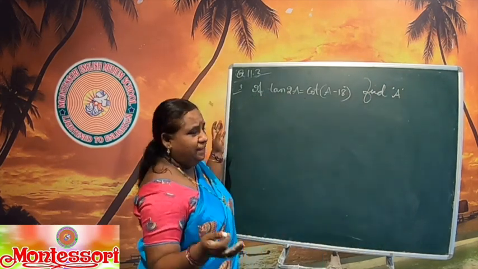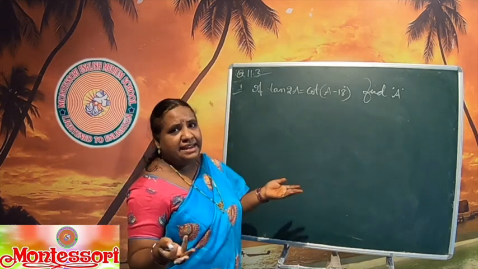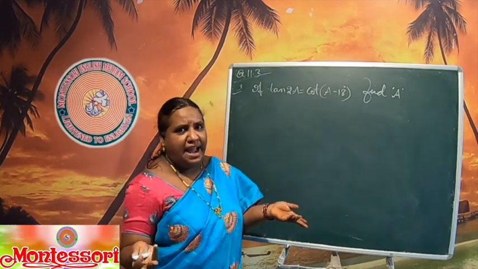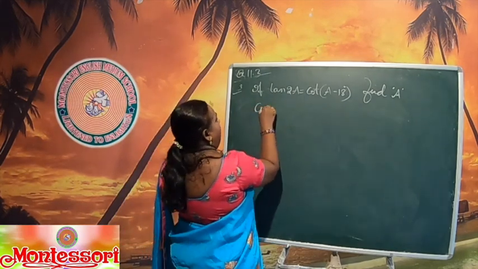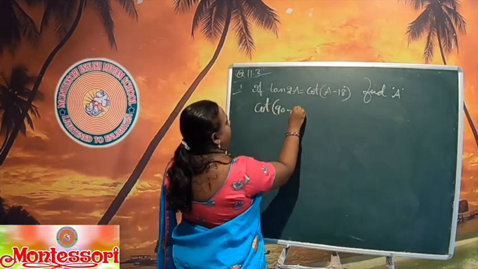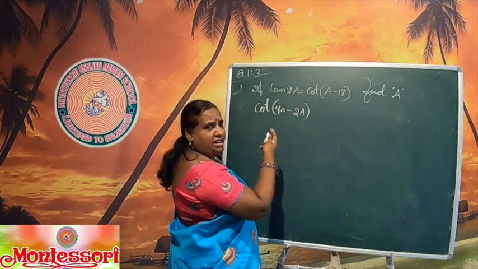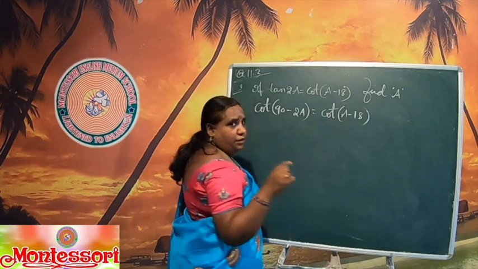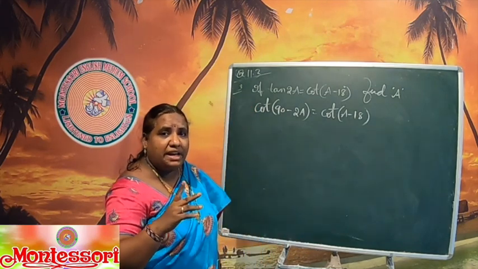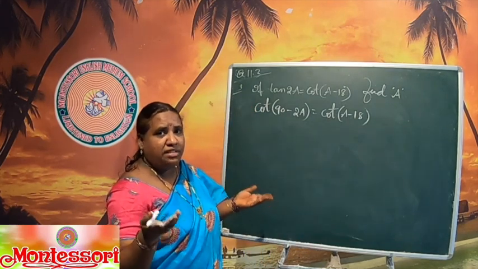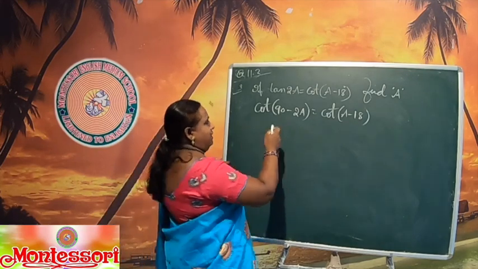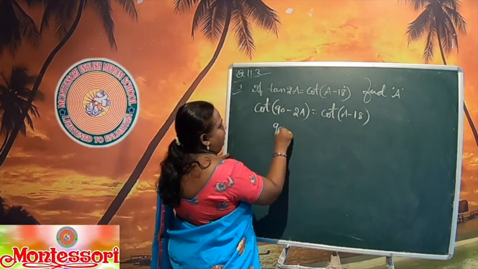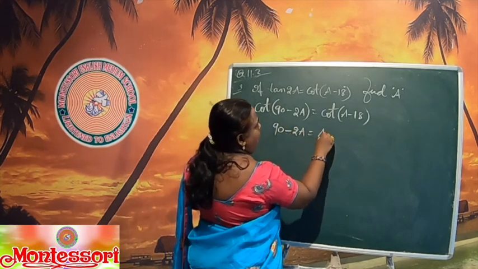So it's very easy. We all know that tan can be written as cot(90 minus A) is equal to tan A. So I'm writing tan 2A as cot(90 minus 2A), okay? The right side I am not changing anything, because to do any sum, if both sides of the equality sign have the same ratio, then we can compare easily. So if you take out the cot, then 90 minus 2A is equal to A minus 18.